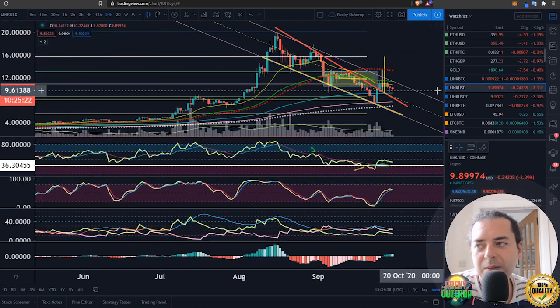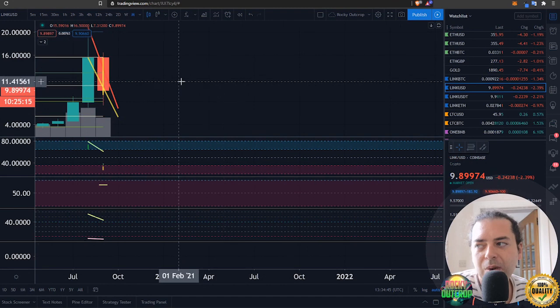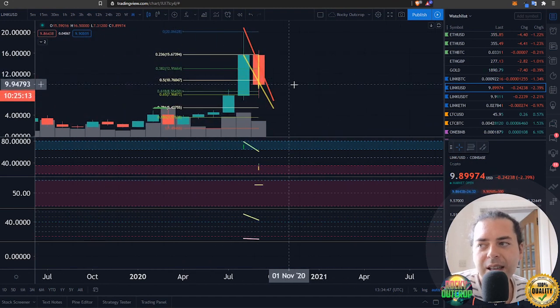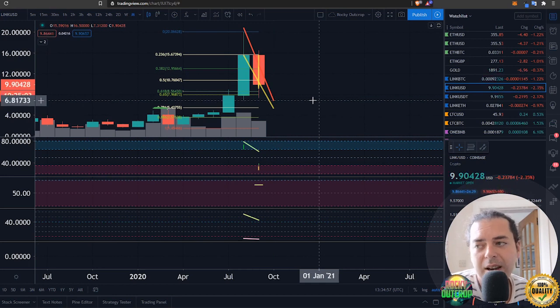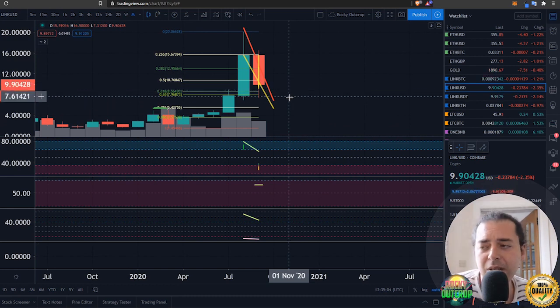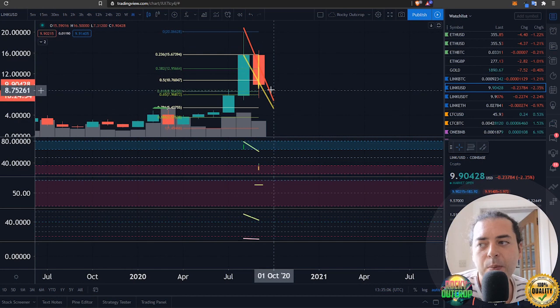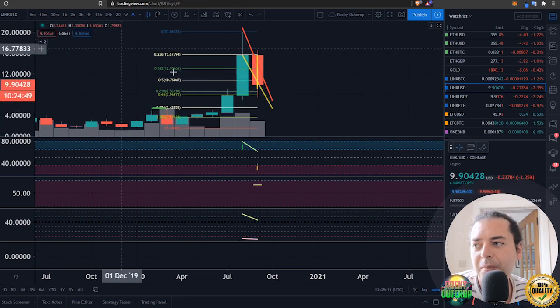Dollar prices more or less speaking for themselves. I would highly encourage you to watch yesterday's episode to take advantage of that. We also talked about the monthly in yesterday's video, so I'm not going to go on about it too much today, other than to say that this has been a negative candle. Movements down below this area next month, below $7.50 next month, would be very, very negative for the prices, and overall could see further downside of potentially another 50% reduction in prices, or 30% I'd say actually. But we've done a retest of various moving averages that we would have liked to have seen happen, such as